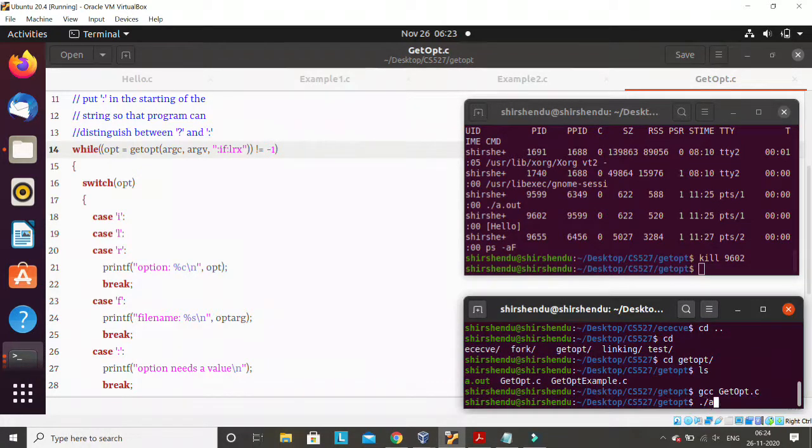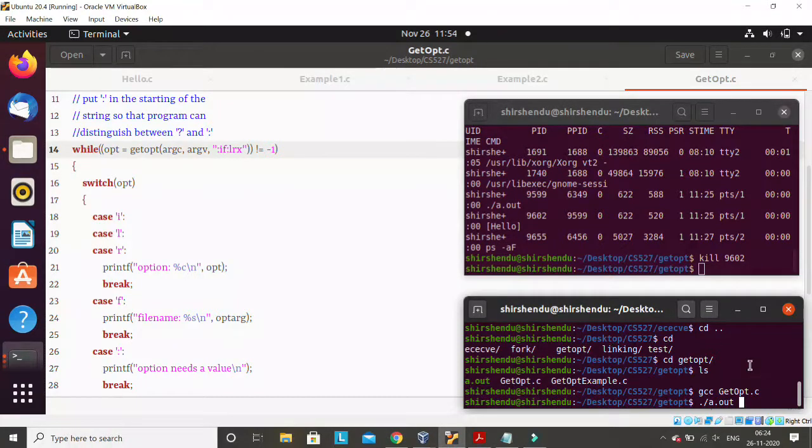So now if I run this code, I can also send some options with this a.out. Which are the options here? Ignore this first colon. After the first colon, I can go for either I, L, R, X. These are simple options. And after F, there is a colon. It means if you supply F, then you have to supply a value for F also.